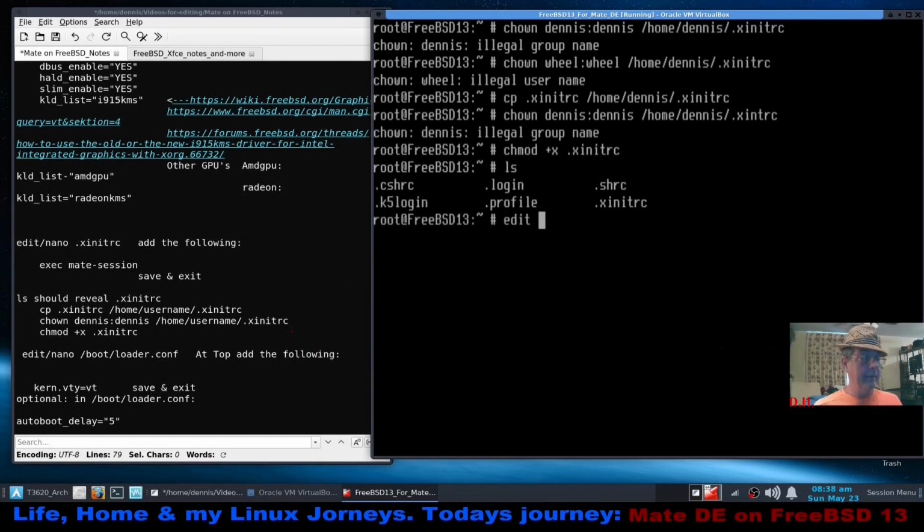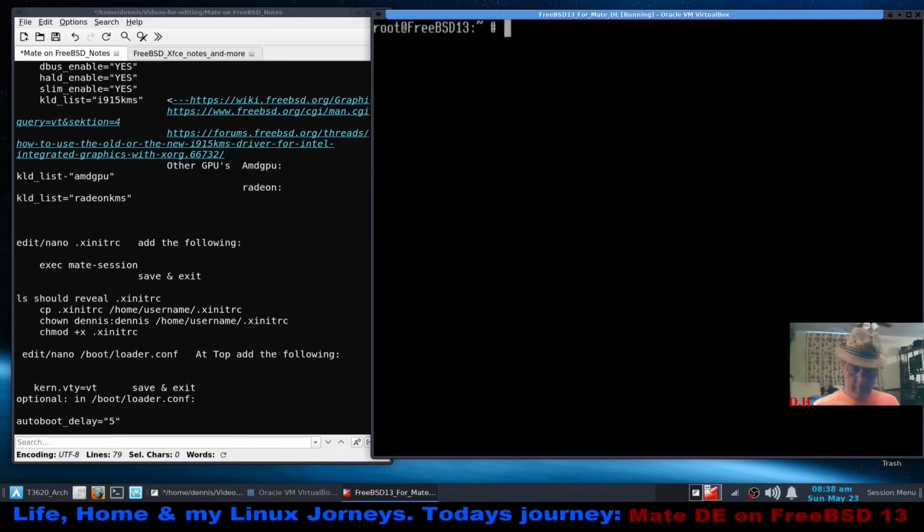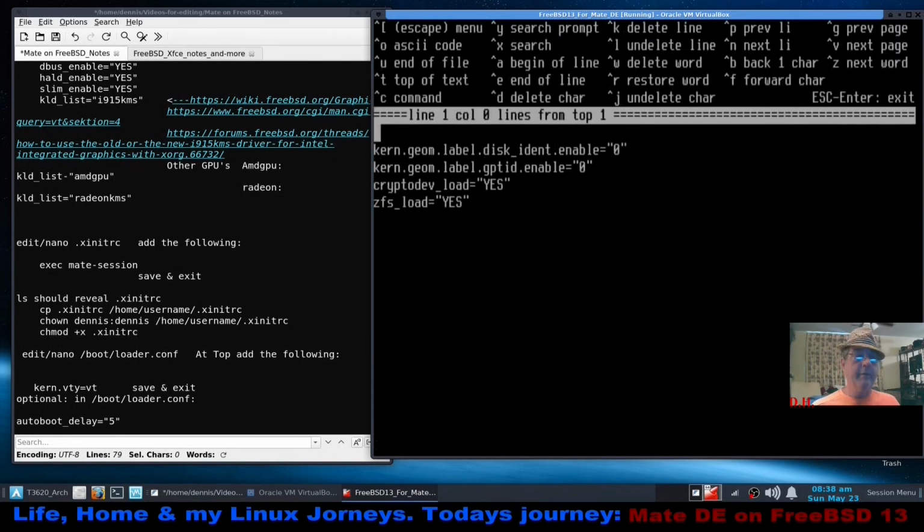All right, so now we need to edit our boot/loader.conf. And in here, we're going to add, oh, something's not right. Edit boot, oh. Knew something wasn't right. But at the top here, we're going to hit enter and create a space, and we're